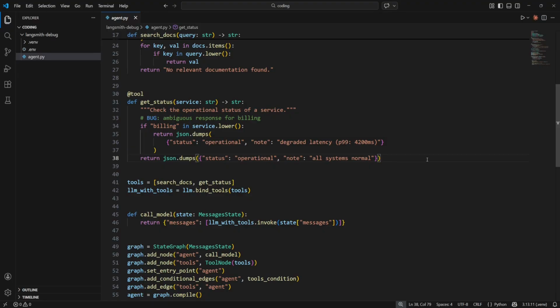Now that we have identified the root cause, the fix is straightforward. We have two options. The first is to clean up the tool's response so it's unambiguous. If the status is operational, don't include performance metrics that could confuse the LLM. The second option, which I would recommend, is to add a system prompt that instructs the LLM to treat operational as healthy regardless of latency nodes. Let me show you the